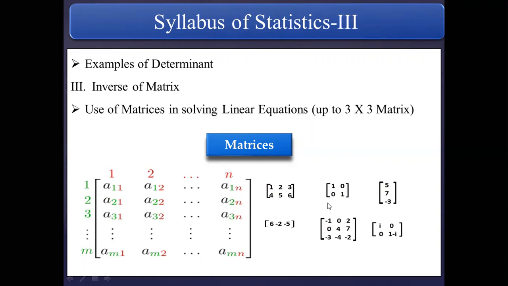Can you guess it? In this matrix, the total rows horizontally are 2 and the total columns vertically are 2. So we can say the order of this matrix is 2 by 2. Here you can see that the total number of rows and columns are the same, so it is called a square matrix. And when a matrix is square, then you can find the determinant. Again, tell me, what is the order of this matrix? I'm giving you 30 seconds.